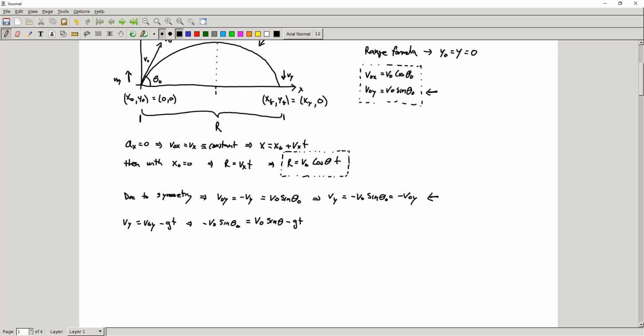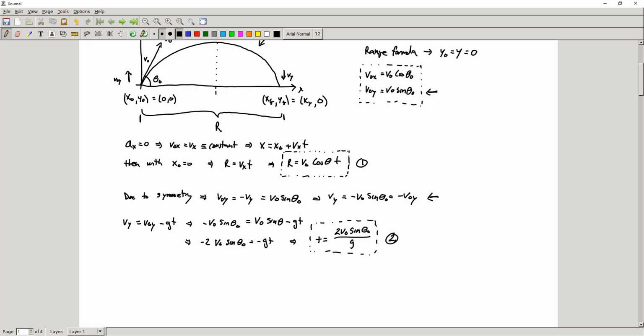And we can now clean this up a little bit. So we're going to move the v0 sine theta on the right-hand side of the equation over to the left, and this is going to give us minus 2 v0 sine theta naught equals minus gt, and then dividing through by a minus g gives us t is equal to 2 v0 sine theta naught over g. Okay, and so let's put a little dotted box around this,